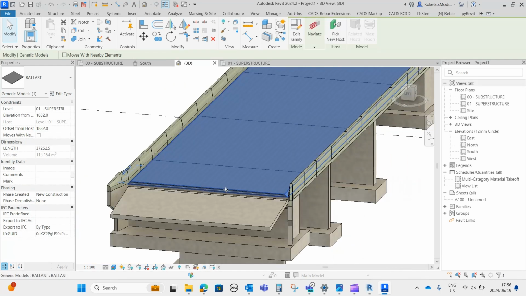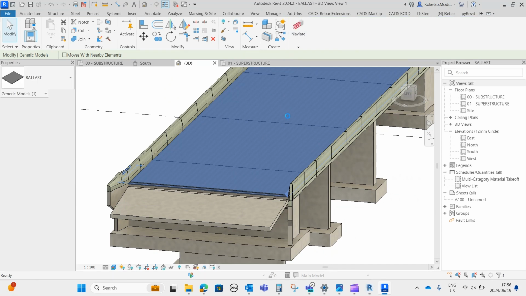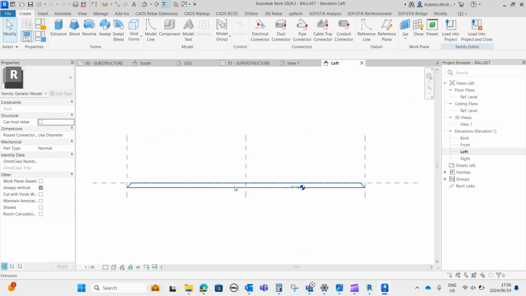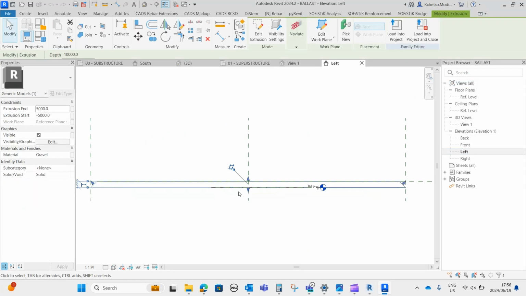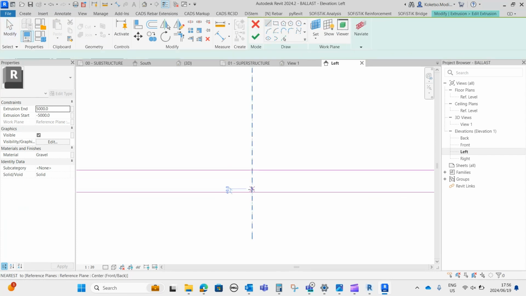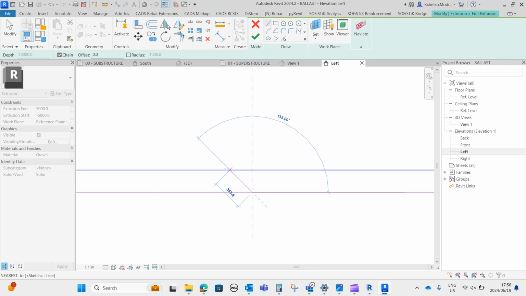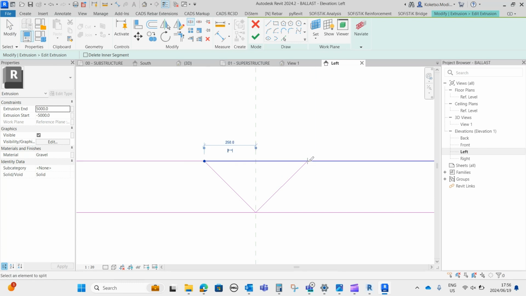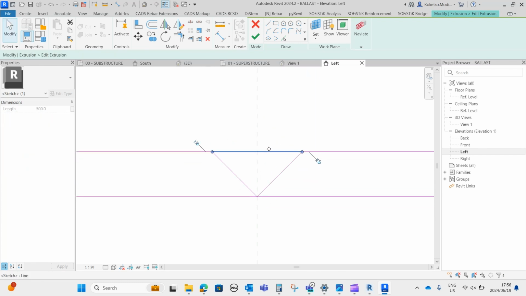But obviously, your ballast is gonna be different when it comes to the middle. So you can just go to edit family again, and then go to the left elevation again, and then right in the middle you can select and say edit extrusion, and then you can select this line and then place another diagonal line on this point and also on this part, and then you can say SL for slice, and then you can slice it on these 2 points,